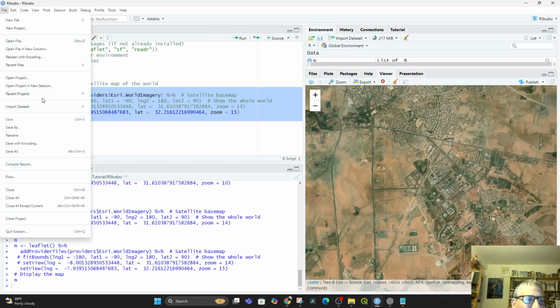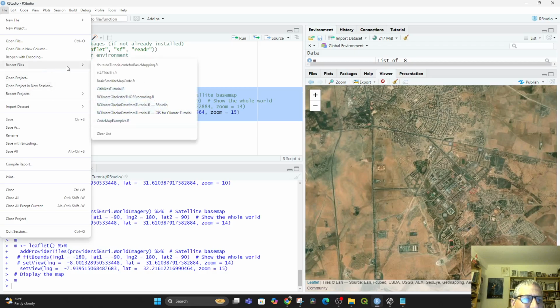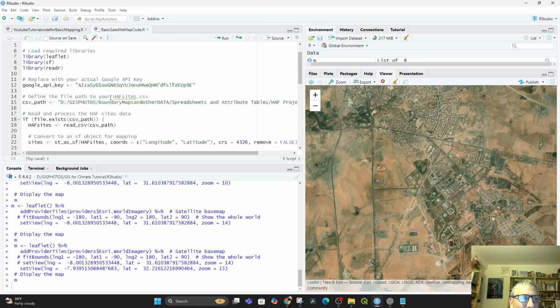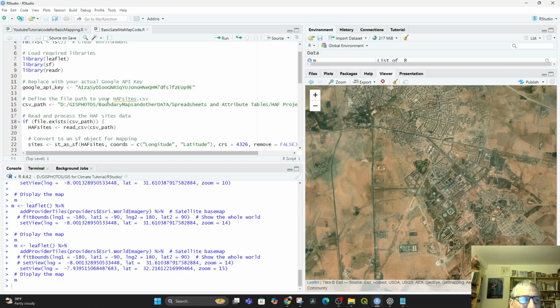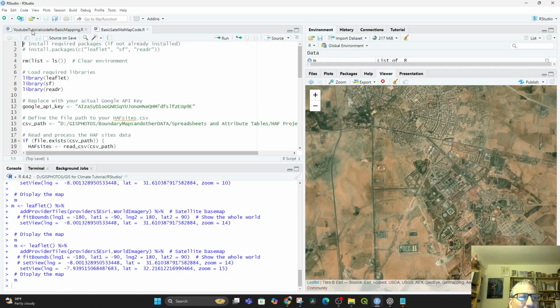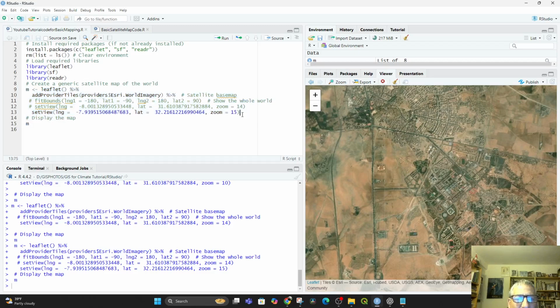I have my own projects, and so if I do a recent file and I go to the basic satellite code, you will see, or no, that's the one that's the finished one. So I did replace that. So I just did a bunch of them. I mean, I came in here and here's how you would do it. You can just keep commenting these out and set your views to whatever other places on the map you want to do. So I suggest that you have fun with this and get other